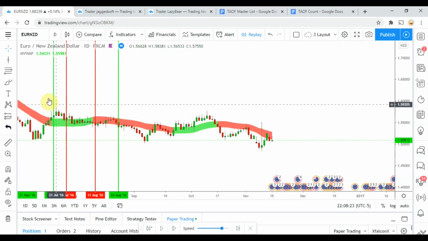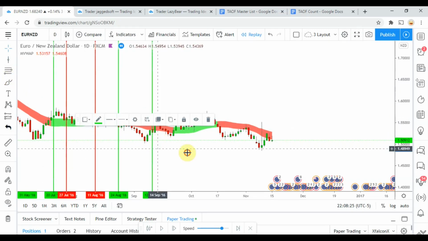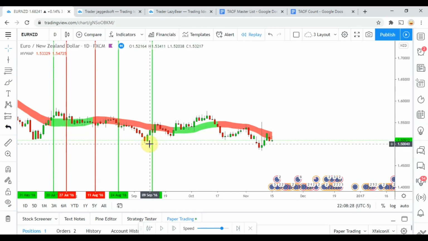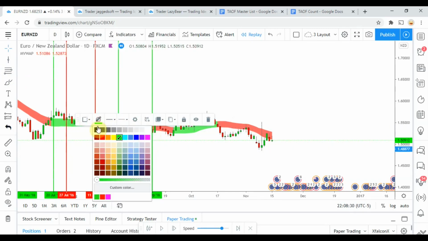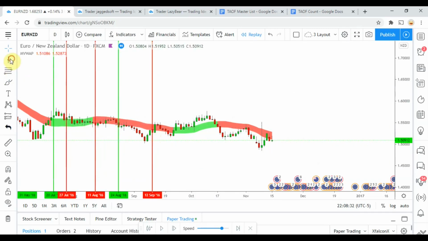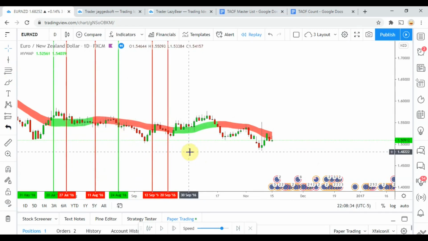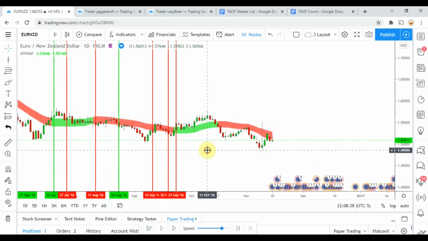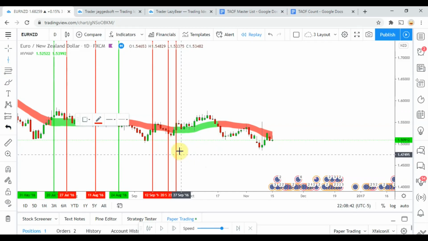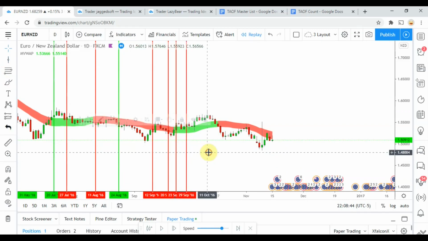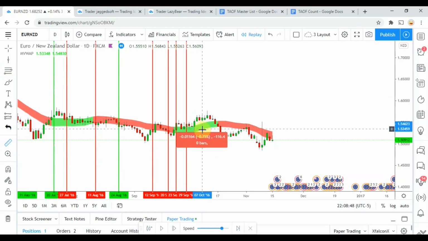Alright, so we're here, it comes back in, breaks out to the downside. That would have stopped us out. Then that one, then we pick up a long right there, did not get us to take profit. Pick up a long right there, which might have,